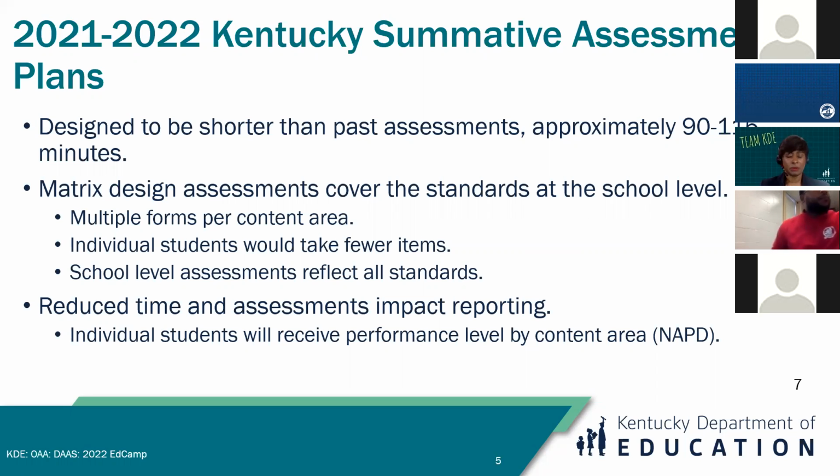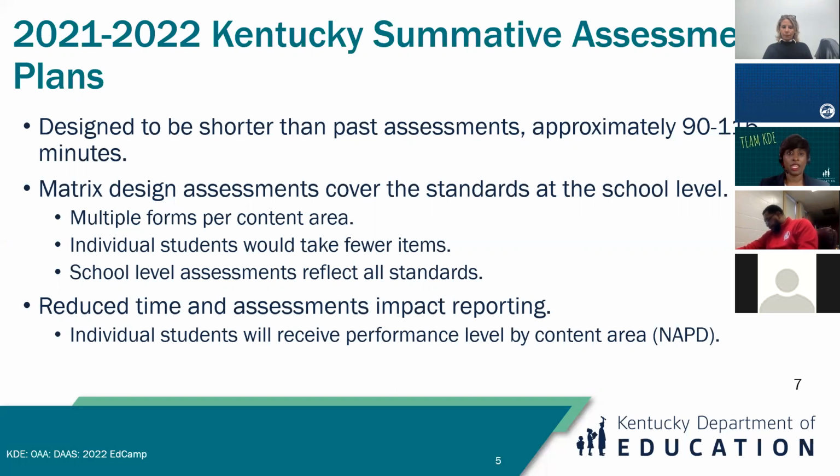And because we're still required to ensure that we are covering all of the standards, and we were able to do that in the past with the longer test, as a result of having shorter tests we have to create another design. The matrix design allows the state to ensure that we are in compliance with covering our state